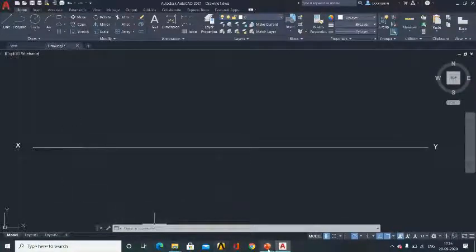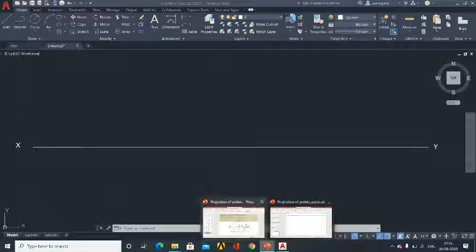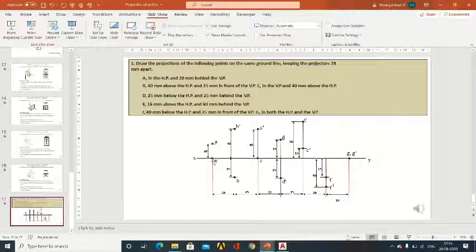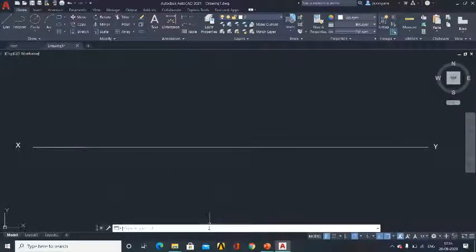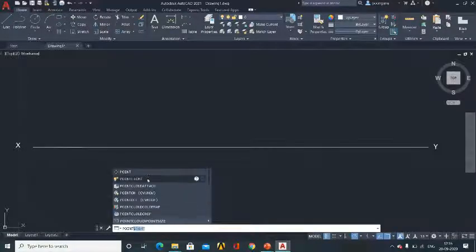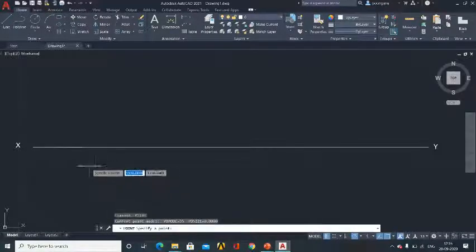If you look at the position of point A, it is lying on the line and you have 20 mm above. So type the point command and select it. Why I am drawing this 25 mm line is that we don't know where this 25 mm is from this point to this point.